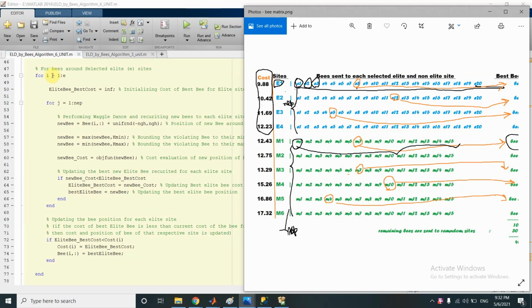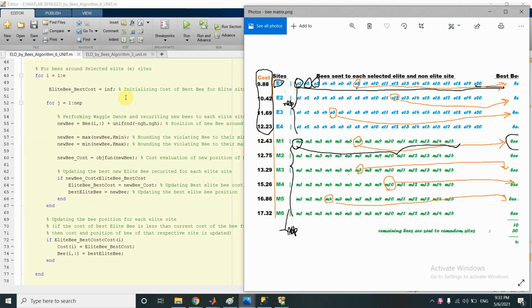So for any particular iteration of this for loop, this best elite bee will have the position of the best bee recruited to go around the site corresponding to this particular iteration of the for loop. Just for clarity,